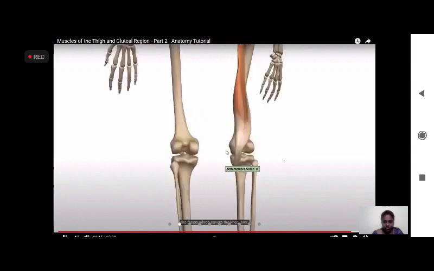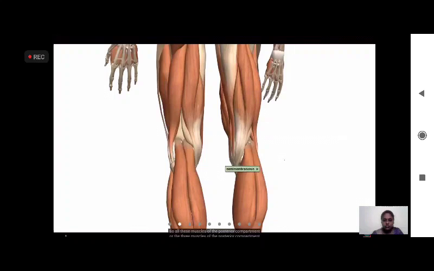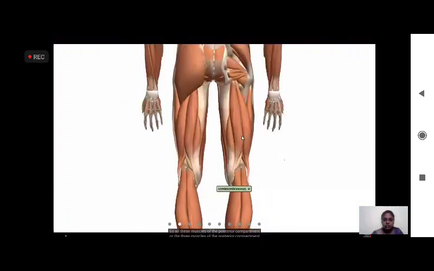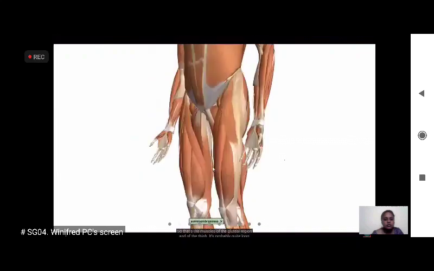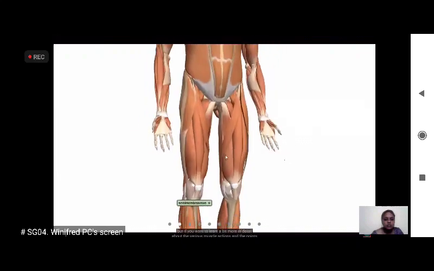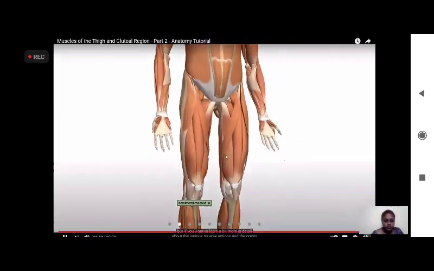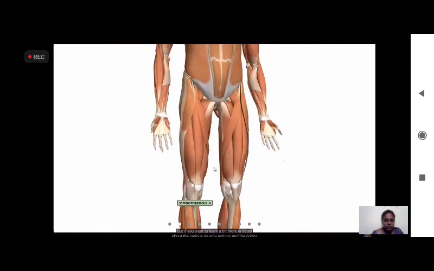So all these muscles of the posterior compartment, the three muscles of the posterior compartment, are innervated by the sciatic nerve. So the main function of these muscles is to extend at the hip and flex at the knee. So that's the muscles of the gluteal region and of the thigh. It's probably quite long, but if you want to learn a bit more in detail about the various muscle actions